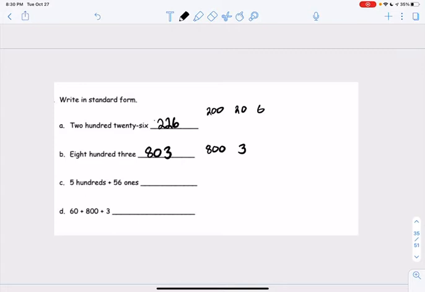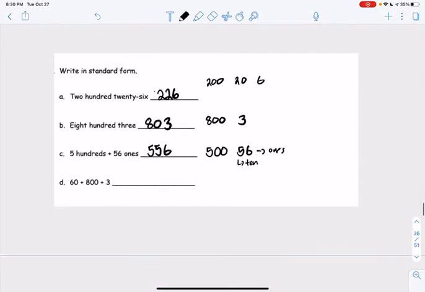So I heard a 500 and a 56 ones. What's interesting about this one is it lumped the tens and the ones in the form of ones. So this 56, the 5 is the tens, the 6 is the ones. So we have